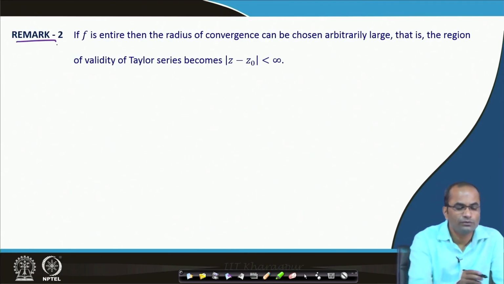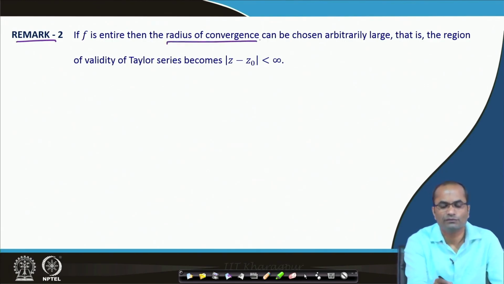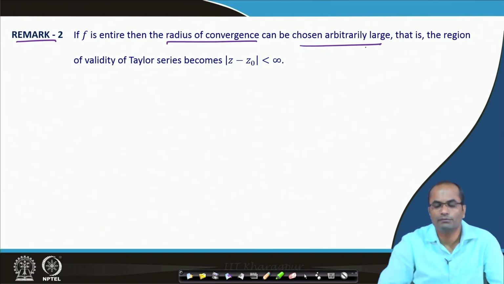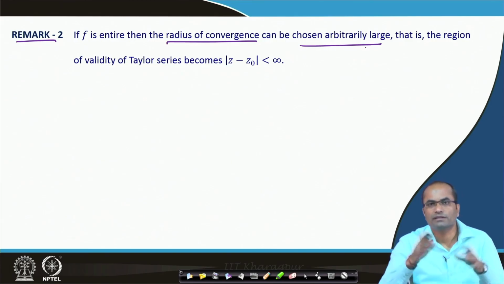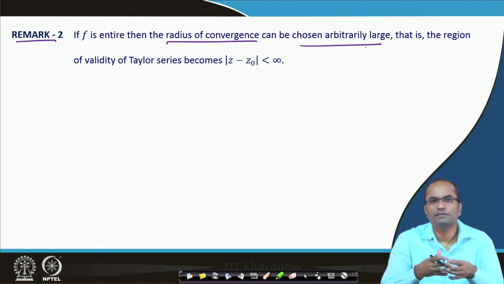Okay, so remark 2: if f is an entire function, that means it is analytic everywhere, then the radius of convergence can be chosen arbitrarily large, meaning that the radius of convergence will be infinity. In that case, if we know that the function is analytic everywhere, there is no point where the analyticity breaks down. For instance, we have the exponential e^z, which is analytic everywhere,